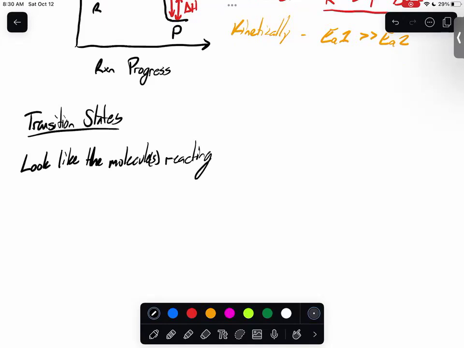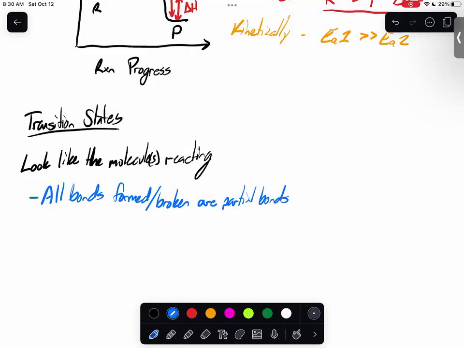Because they kind of act the same way. Essentially, we're going to set up a couple of rules that are important for drawing transition states because it's useful to know what these look like. So the first one is all bonds that are formed or broken in the step of the reaction are partial bonds,